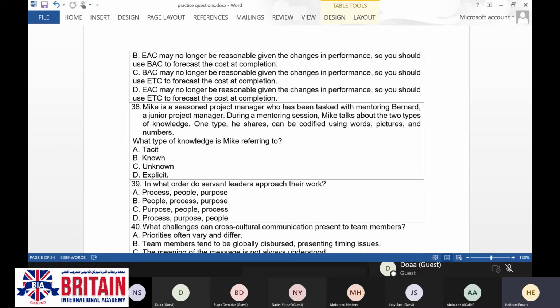When it comes to the servant leader and how he thinks about how to approach the people, how to manage the work, and how to manage the process, they should have a certain systemized way.